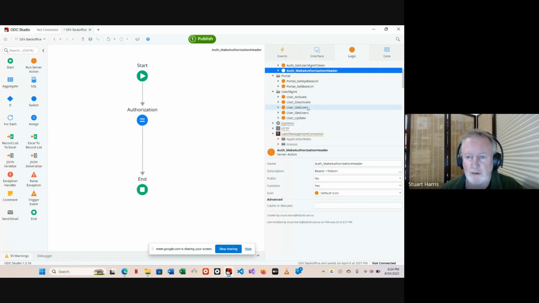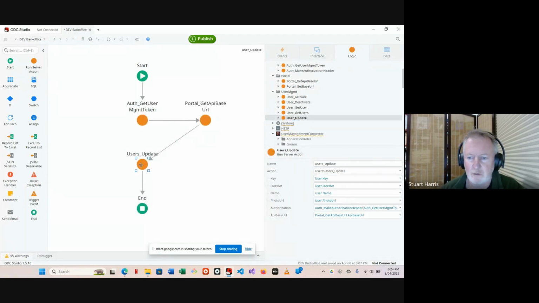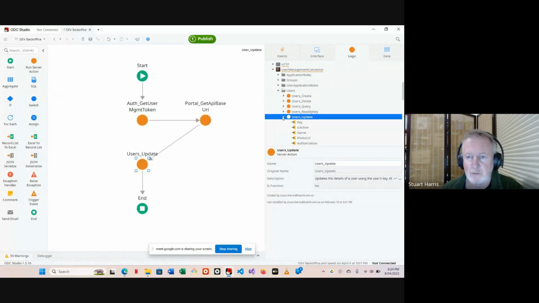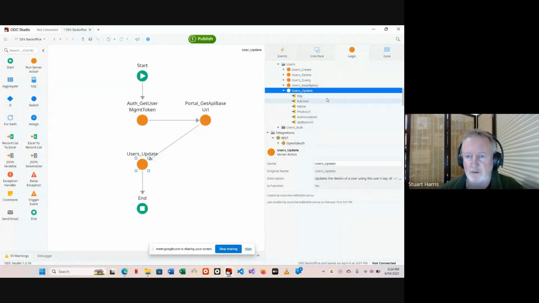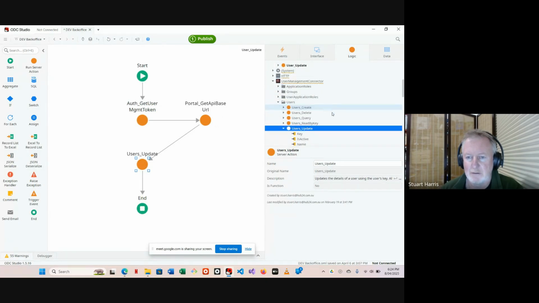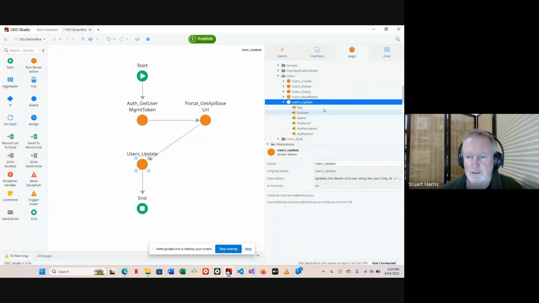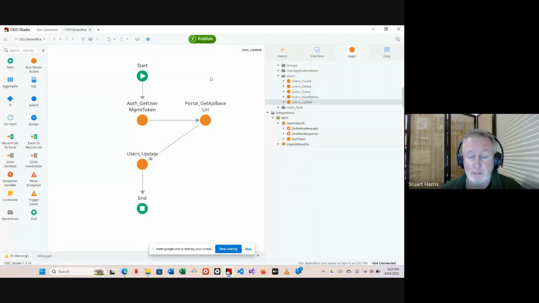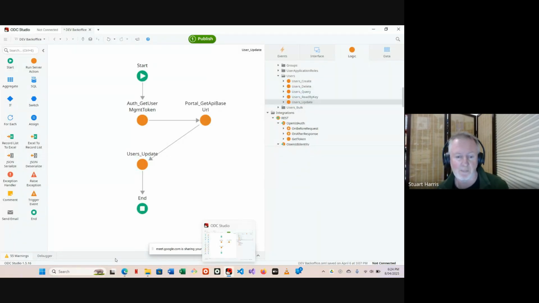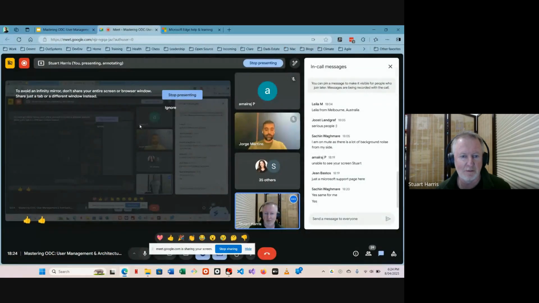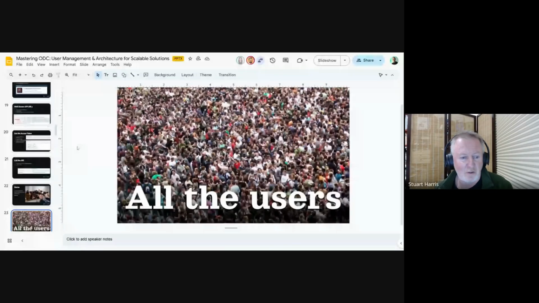So that was getting users, but we can use it to do any of these things: update users, delete them, create them. That's our API. That's how to use it. So let's go back to that's how we access all the users. I think